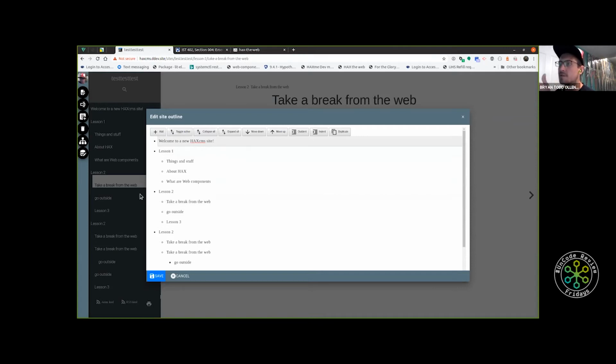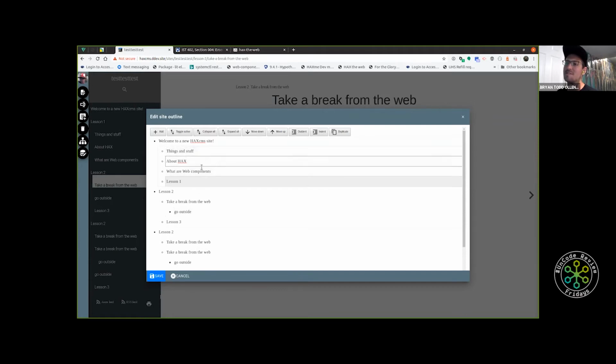Because what was happening and how things would get lost is let's say that content moved under there, this content moved under here. Well, these 3 pages were under lesson 1. So if lesson 1's move gets processed after these 3 pages are moved, then it's fine. If lesson 1 gets moved before these 3 pages get processed, then you just lose everything. So you could chalk it up to, I'm a bad developer. That would be the easiest way to say that no, it is not very easy to move these under directory trees in this way. Now they are still able to be structured that way, and I don't know if maybe